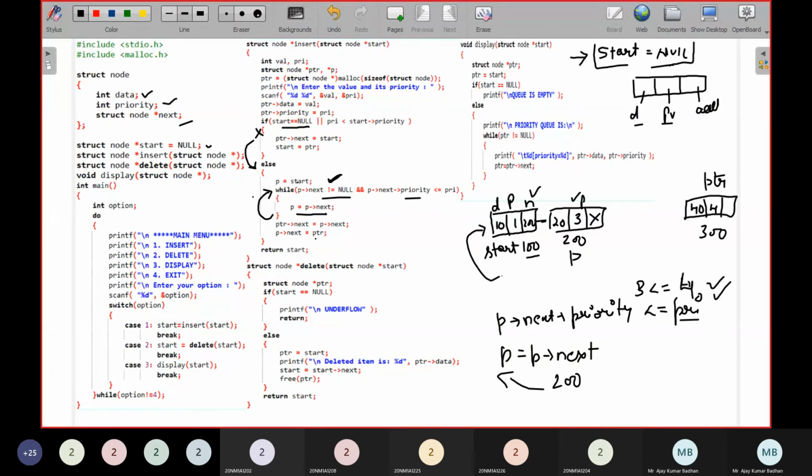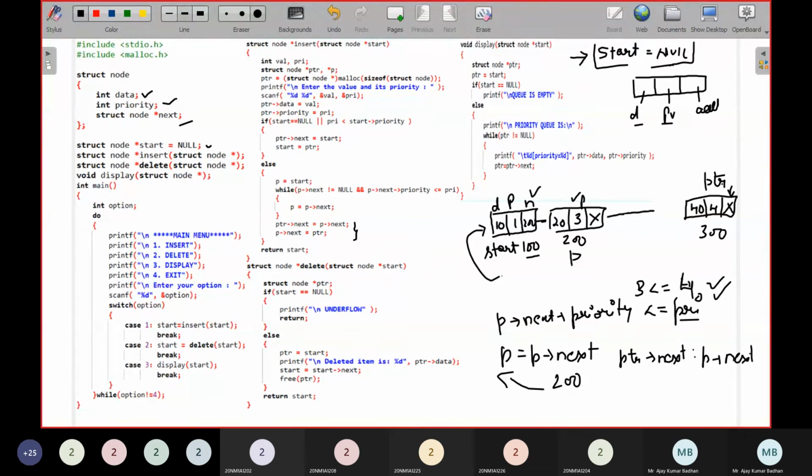So this time this particular code is not going to work. You'll be coming out of the while loop and then you'll be executing this statement. Pointer next equal to P next. What am I doing? Where is pointer pointing here? To the new node. Pointer next block equal to P next. P next consists of what? Null. So that null I am writing here.